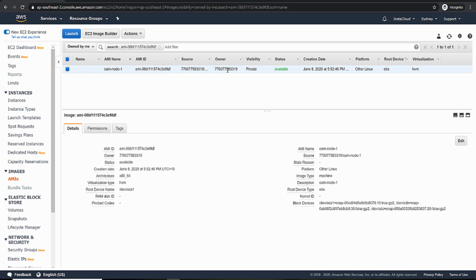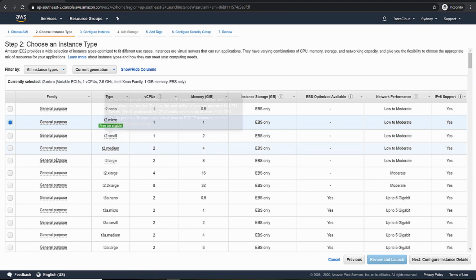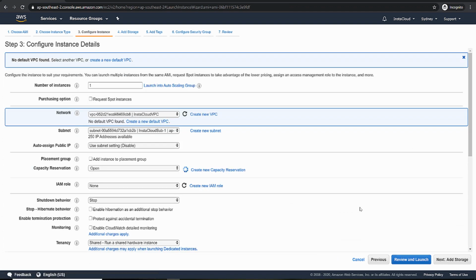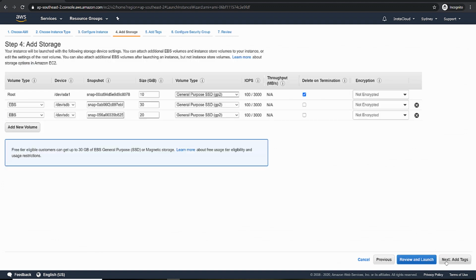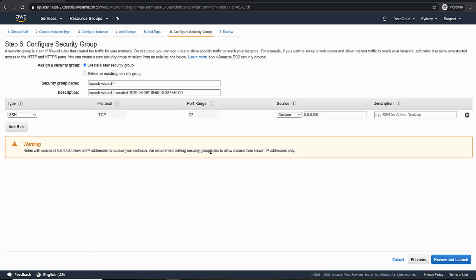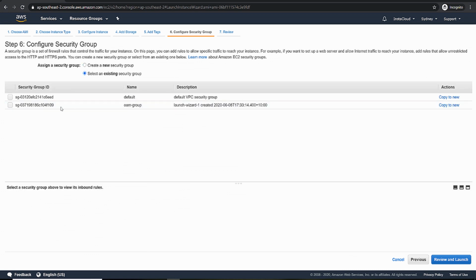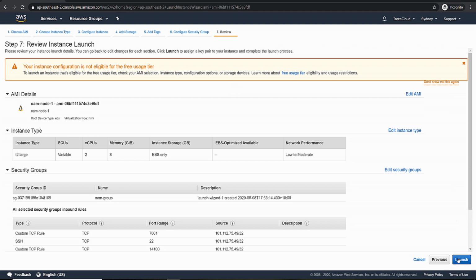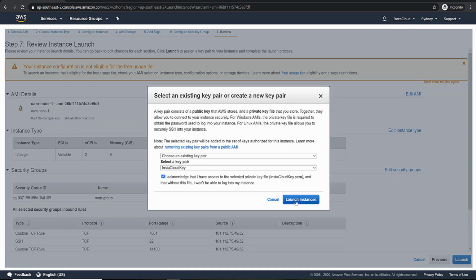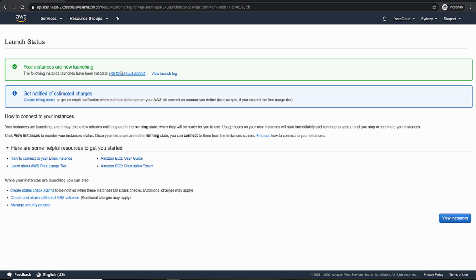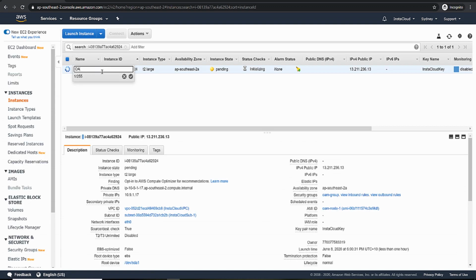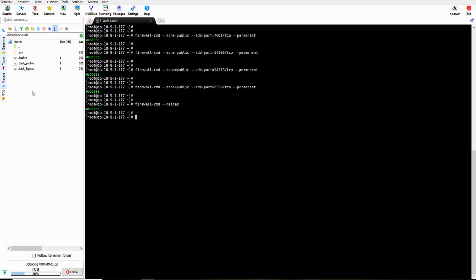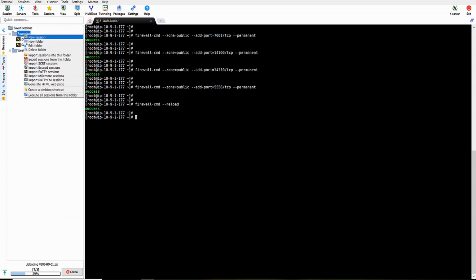Our snapshot is ready and let's launch an instance. Subnet 1 and make sure we have public IP enabled. Click add storage, leave the same, and then the security group is the one which we created, OAM group. Review and launch, then launch using the same key pair which we used to launch node 1, and name this one OAM node 2, and copy the public IP and start a new session